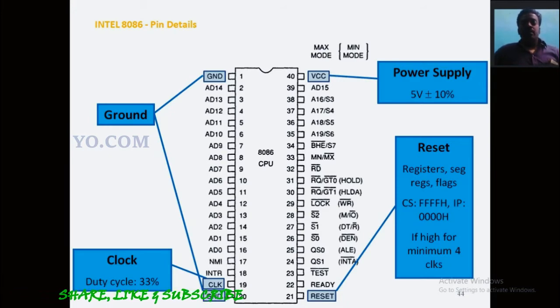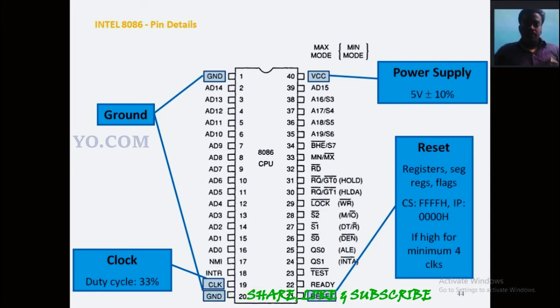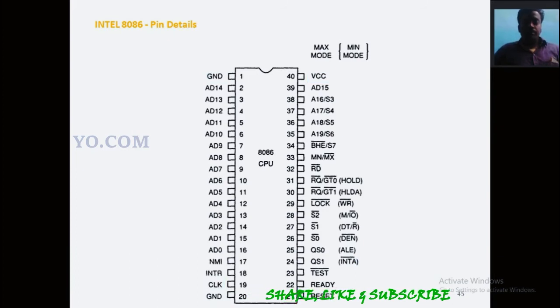Here the reset is given by 4 clocks, high for 4 clock pulses, which is used to reset the microcontroller. This is a basic pin we use in the microcontroller. The reset is also an interrupt, one of the hardware interrupts. And the next pin is